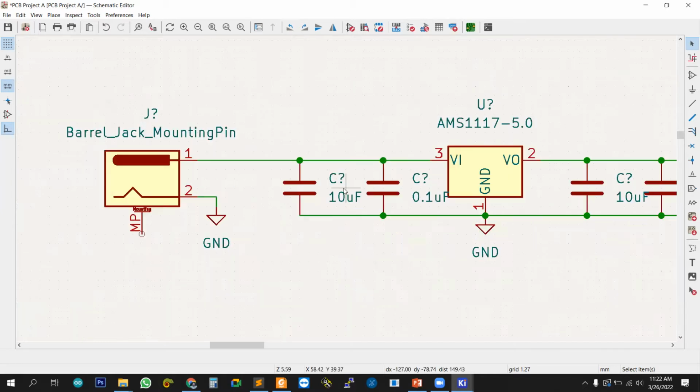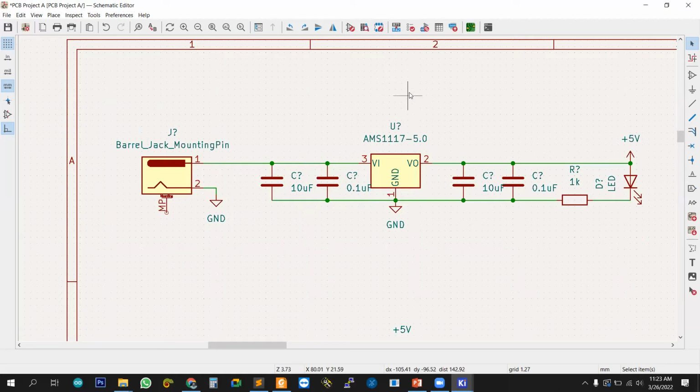You can see C question mark, C question mark, again U question mark, J question mark. We don't need such question marks. We need C1, C2, C3, U1, J1, like numbers. So first of all, we need to use the designators generator tool. We call these numbers designators. So click here,